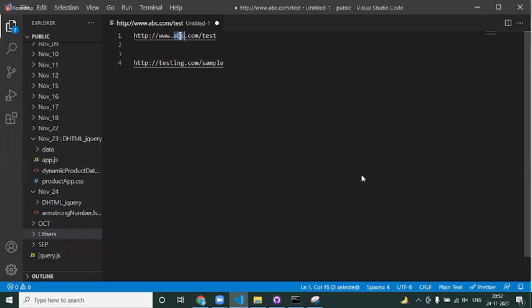What is the domain in the line number 1 URL? Come on, guys. Anyone? .com is not the domain. ABC is the domain here. In the second, testing is the domain. So these are called domains. Now, when I say localhost colon 8081, what is the domain?